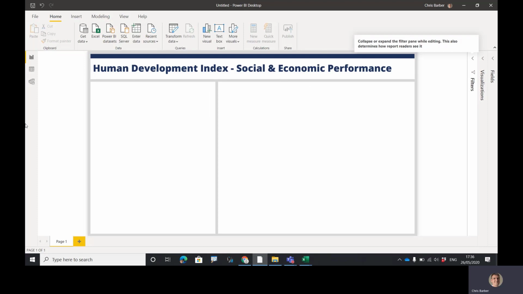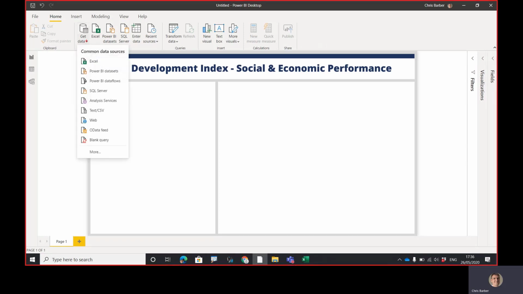Okay, great. So now that we've got our background, we're now going to start to bring in our data. The way we're going to do that is we're going to click on the Get Data tab, which is the way we always get our data in. And we're going to choose today to bring in our data from text